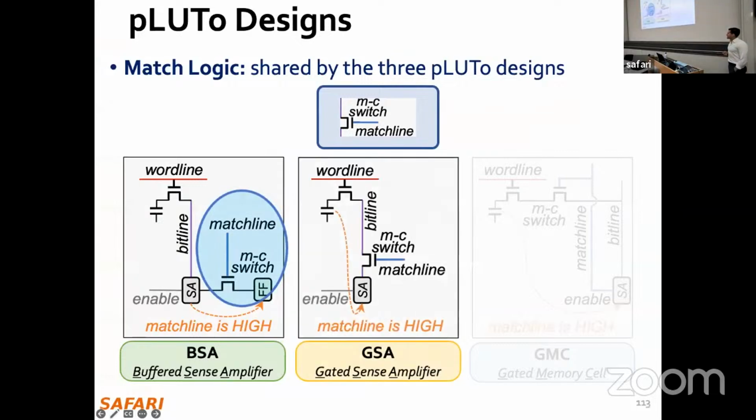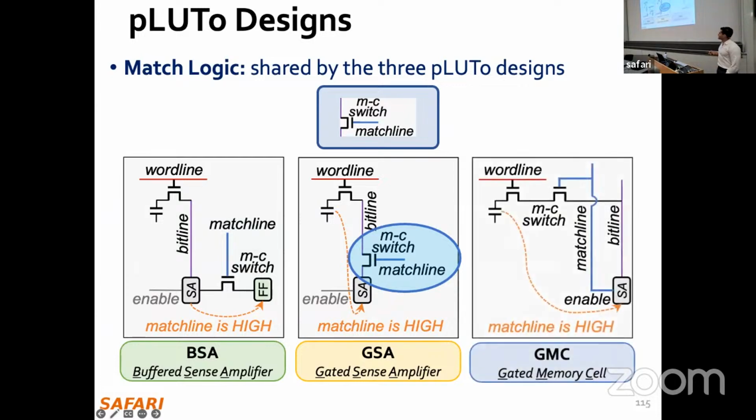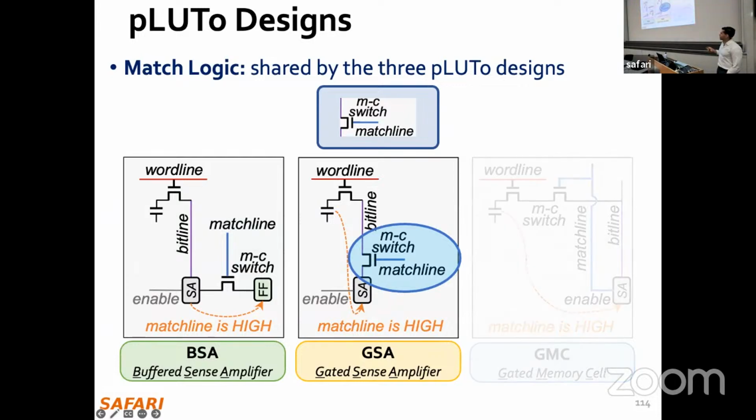The second design is what we call gated sense amplifier. Here we are going to use the sense amplifier itself, of the output vector, to store that data as I progress in the PLUTO row sweep operation. But this is destructive of the data in the DRAM cell that I have here, because once I copy the data to the sense amplifier, the charge restoration process is going to happen, and then I'm going to destroy the data that was stored here